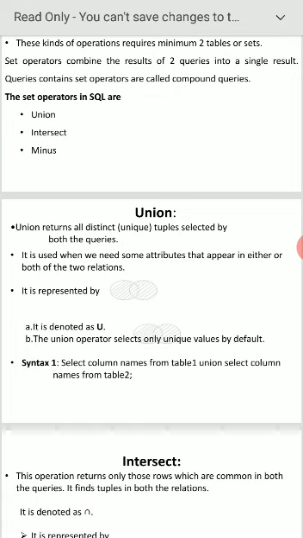Suppose you take R is equal to 1, 2, 3, 4, 5. Then S is equal to 1, 2, 3, 4, 5, 6. If you write R union S, we will get 1, 2, 3, 4, 5, 6. 1, 2, 3, 4, 5 exists in R as well as S. But in S there is another element, 6. Distinctly it will combine. What is the new relation? R union S means that I will get 1, 2, 3, 4, 5, 6. That is the meaning of union.